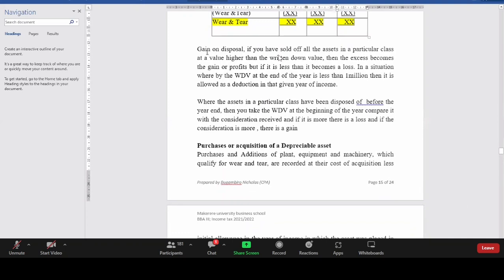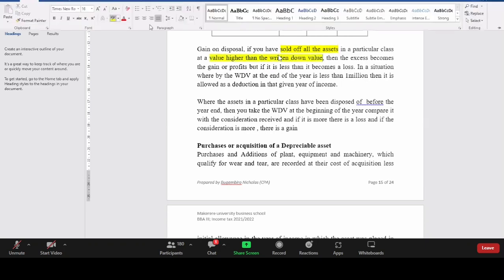I don't want to take much of those gains or losses. I already explained that. Gain on disposal, if you sold off all assets, you see this? That is a key word. If you have sold off all assets in a particular class at a higher value than written down value, then the excess becomes a gain, is taxable, which we call a balance